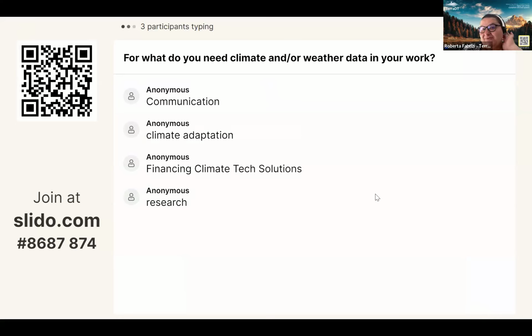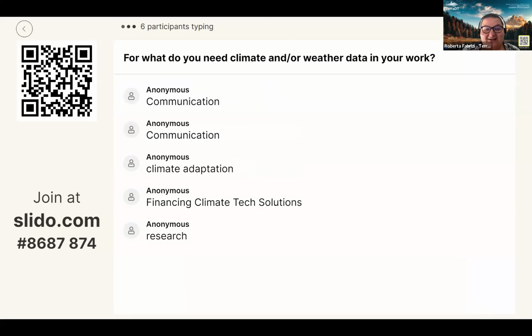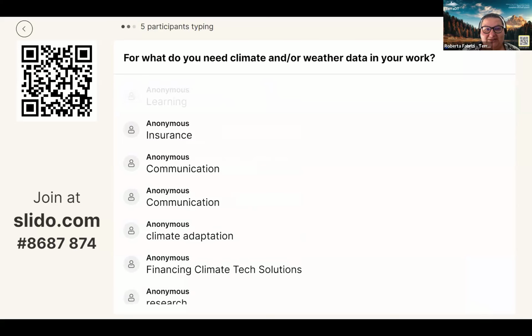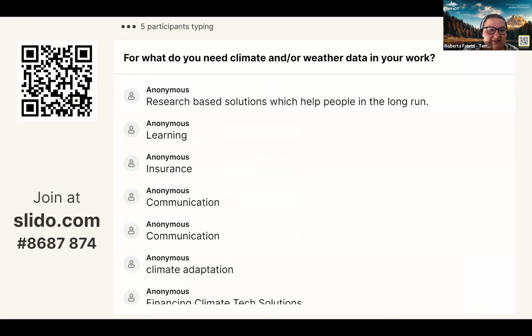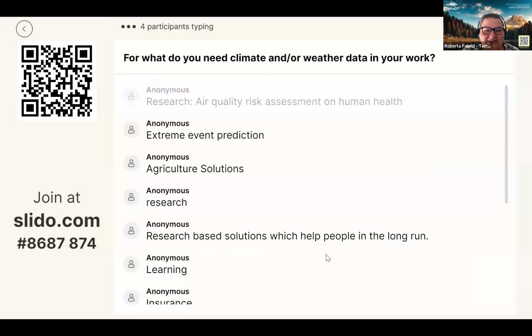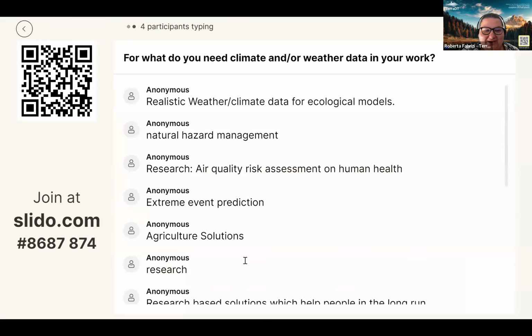Climate adaptation, yeah, we've heard a lot about climate adaptation policy, so supporting policymakers with adaptation policies for cities and on a national and international level. Research-based solutions would help people in the long run, learning, insurance. Okay, this is great. And actually, this leads very well into the next question,